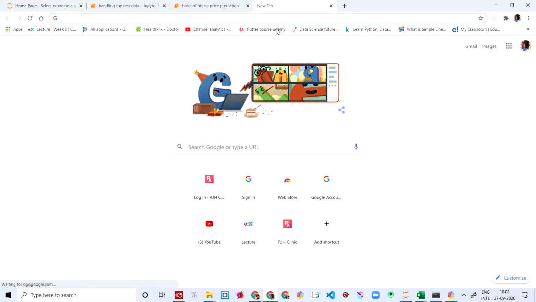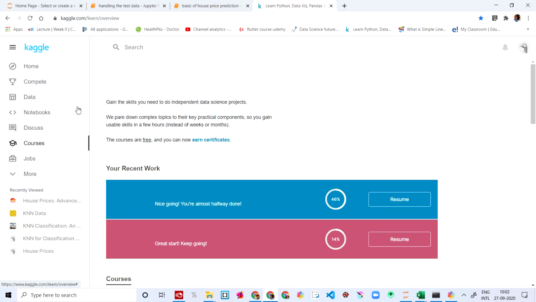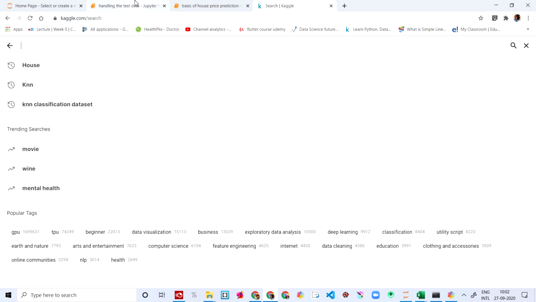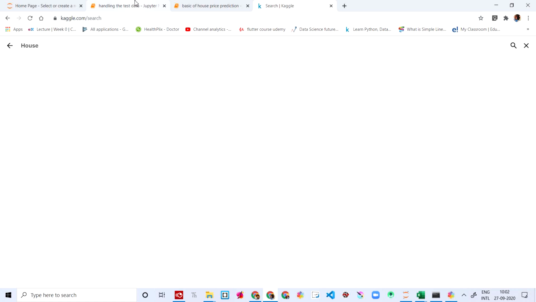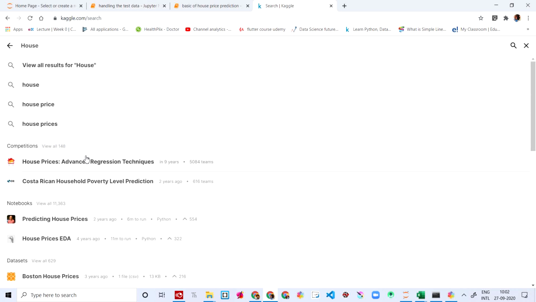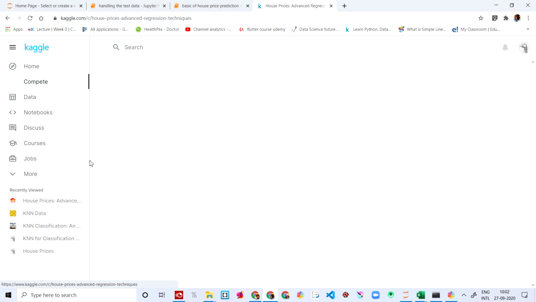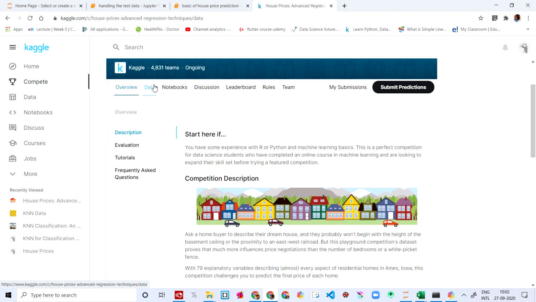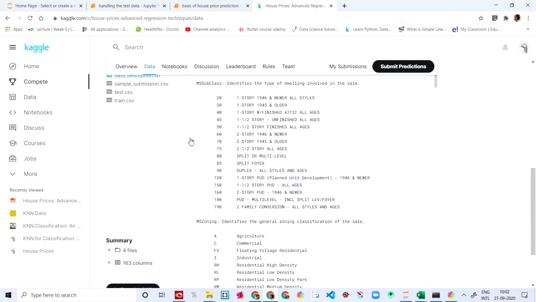Let's open a new tab and search for Kaggle. Then search for house price prediction, House Prices: Advanced Regression Techniques. You get it here, and if you go to Data, you can download the data.